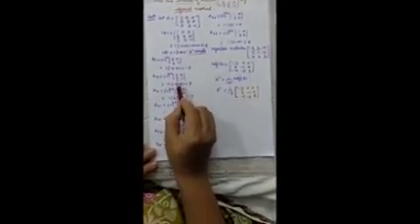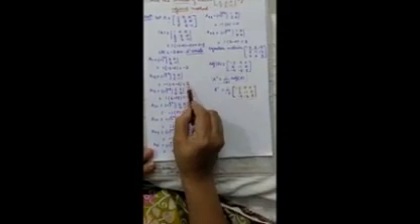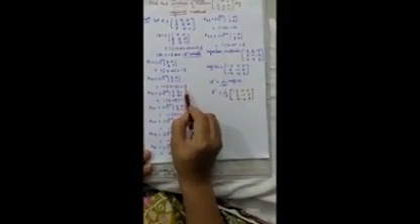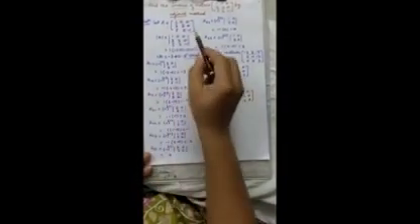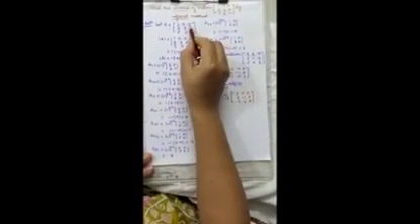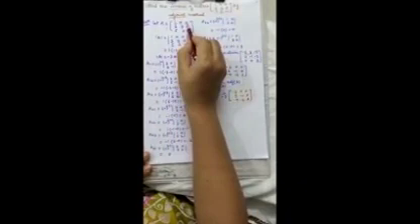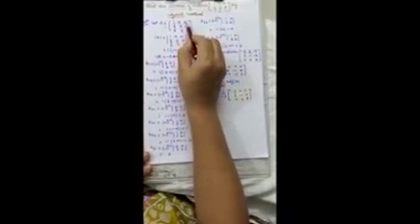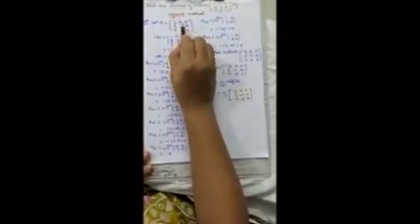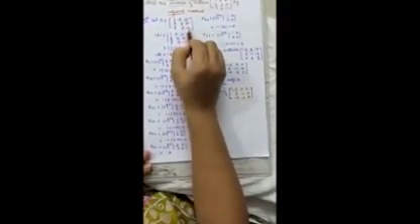3 into minus 1, 5 into 0, so is equal to 3 we will get here. Now the next element, this is 0. We want to find out cofactor of this element A13. What is the position of this element? It is A13. Now again strike off this row, this column.